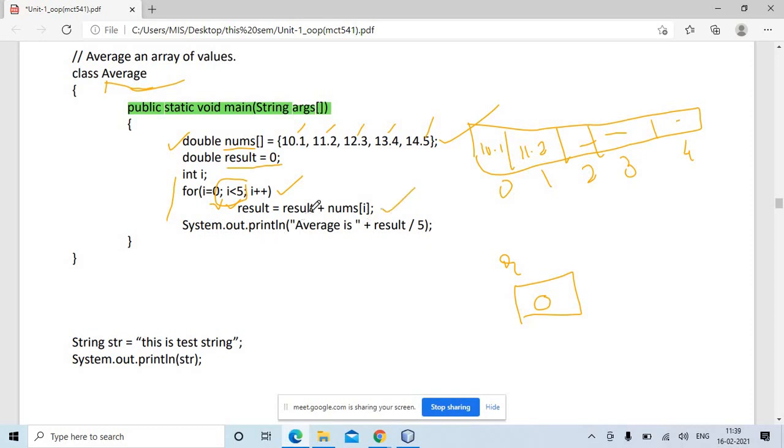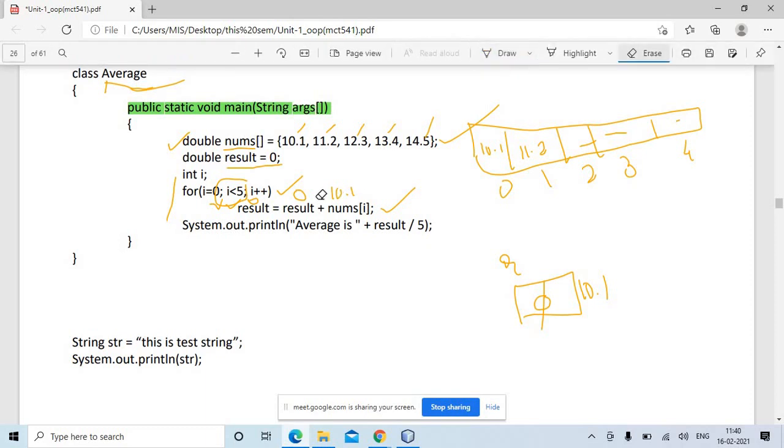The value of result is initialized to 0, so the first time the value of i will be 0, so nums of 0 is 10.1. So 0 plus 10.1 is 10.1. Now the updated value of result is 10.1.